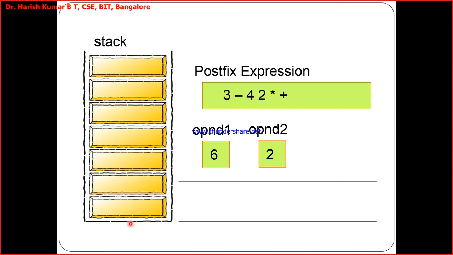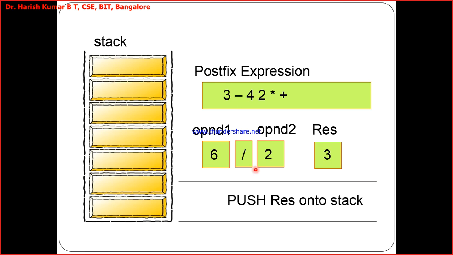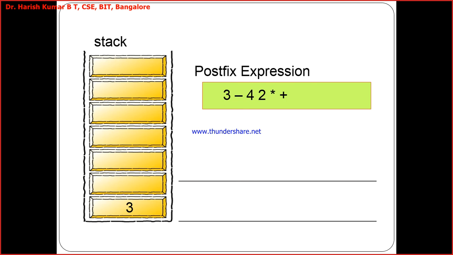And what is the status of the stack now? Empty. Next, what is the operator that we have scanned? Divided by. Evaluate operand 1 operator operand 2. So the operator is divided by, and what is the result we are getting? 6 by 2, 3. What do we do with this result? Push this result back to the stack. So it is an empty stack now, and 3 occupies this position. So 3 is pushed.